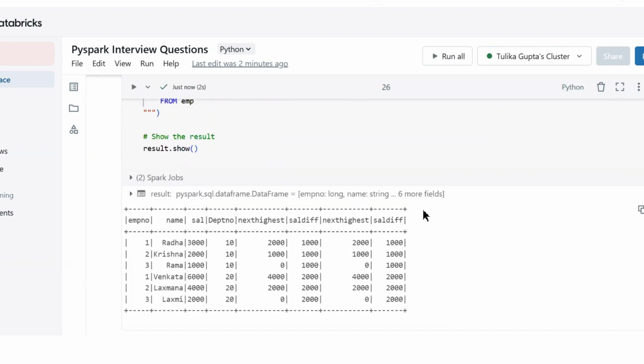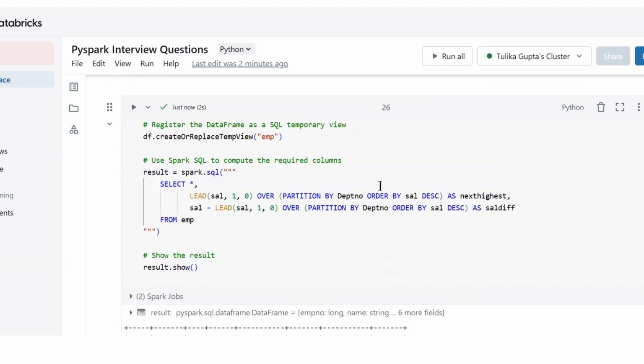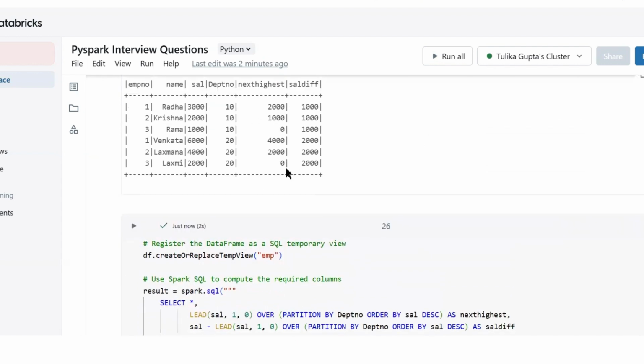We are good. As you can see, it was quite easy, but still I've seen a lot of students couldn't answer this question, and the only reason is lack of practice. Otherwise, very simple. You create the window specification first. You have the window, then just run a window function on top of the window specification. Very simple. So that's all for this video.